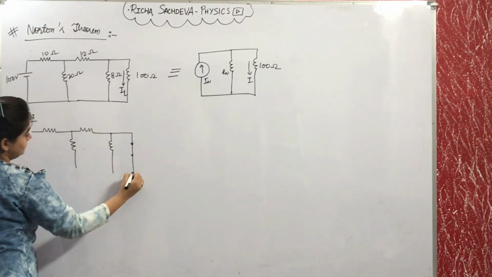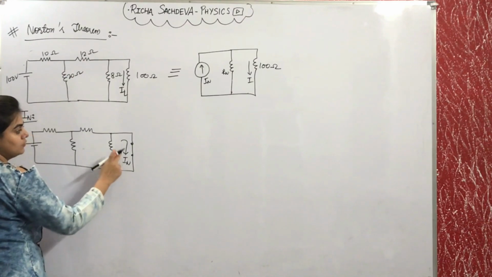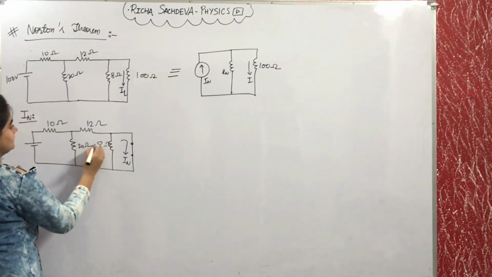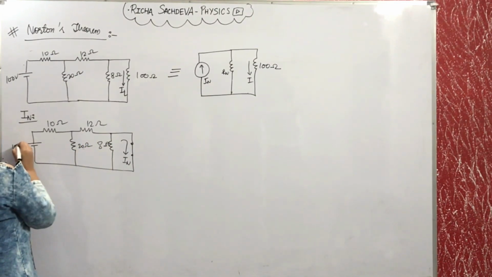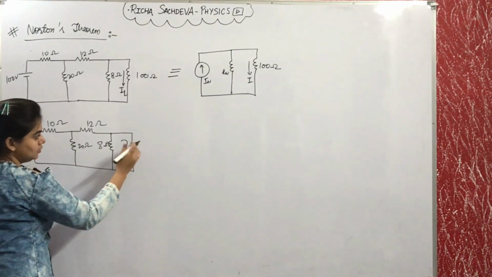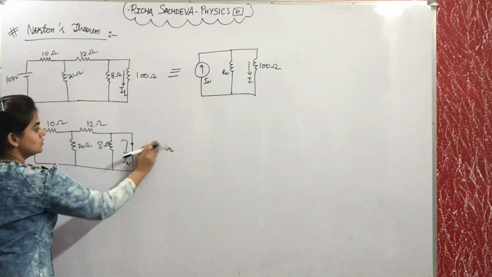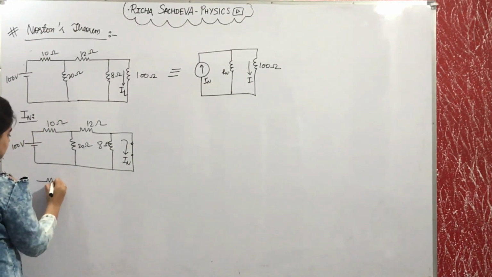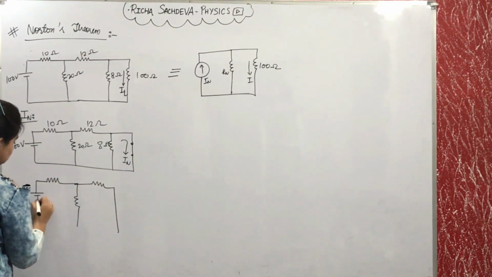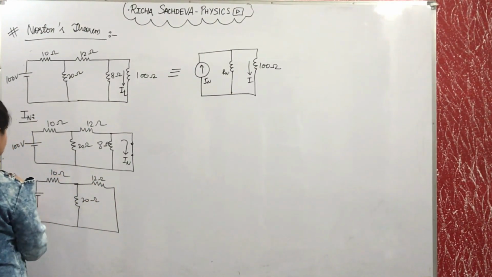We will short this. And we need to see how much current flows through this. This is 10 ohm, this is 12, this is 8, this is 20, and this is 100 volts. Let us first draw the equivalent of these. See, when we take the parallel combination of these two, it will come out to be 0 because 8 into 0 upon something, it will be 0. So what will it become? It will be like this. This also, what will happen, it will be shorted. So we are left with 12 ohm, 20 ohm, 10 ohm, and this is 100 volts.